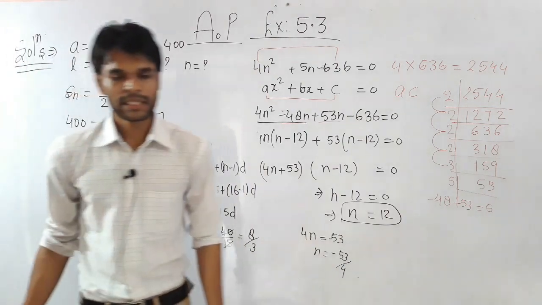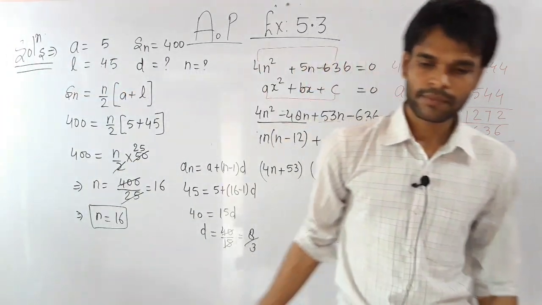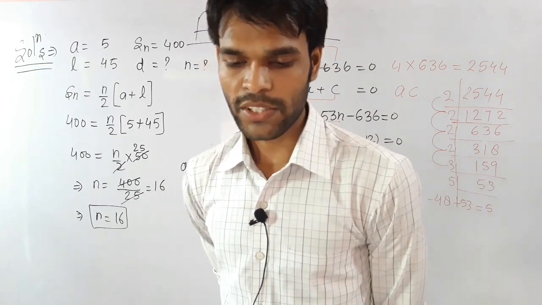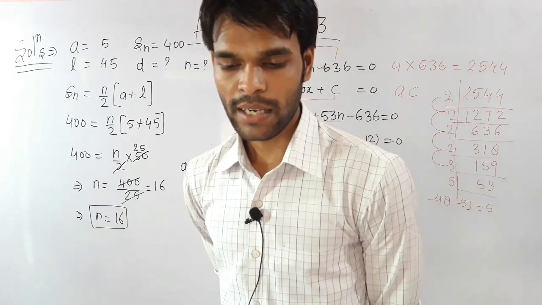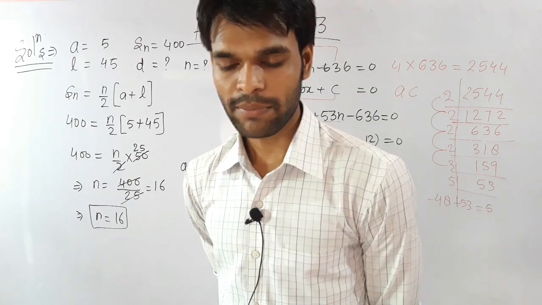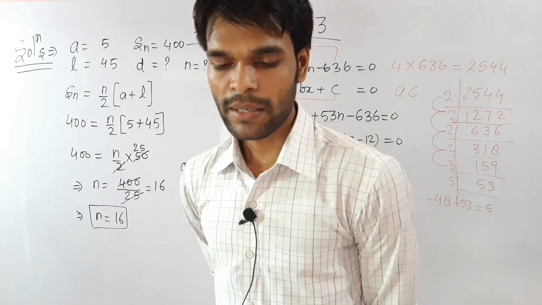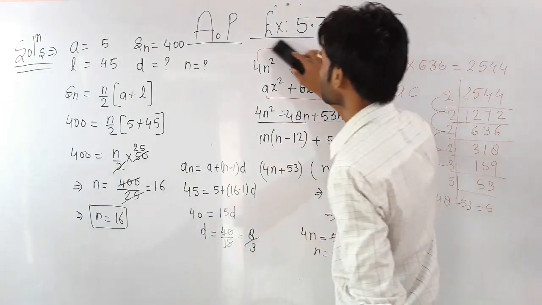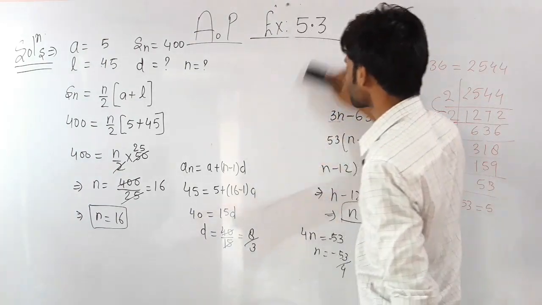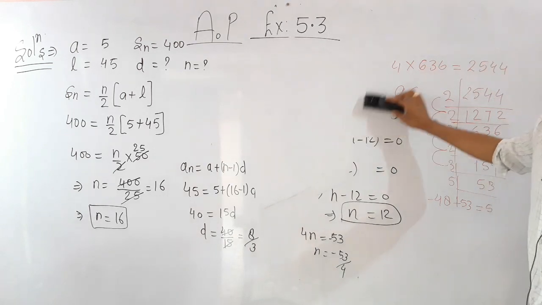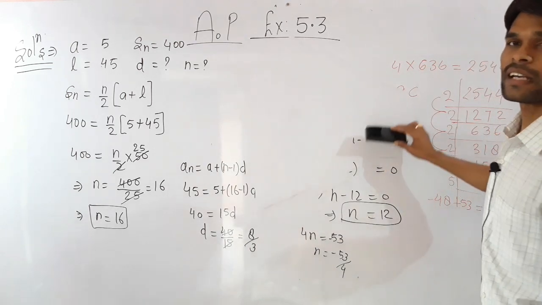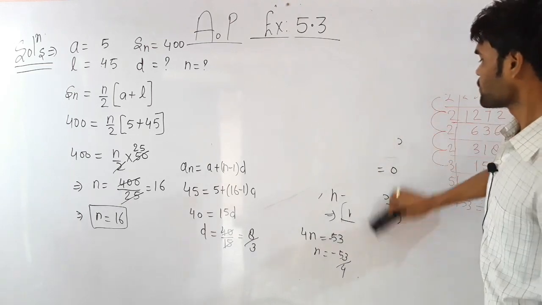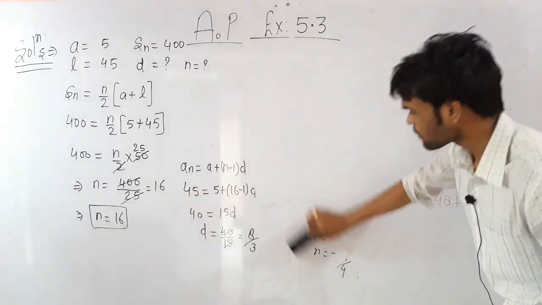Question number 6 of the given exercise, note down till then. Question number 6 of the given exercise says that the first and the last term of an AP are 17 and 350 respectively, if the common difference is 9. Okay, so we need to write the data first that are given in the question. You know the easiest method of solving the question is to first of all write the given data of the question.